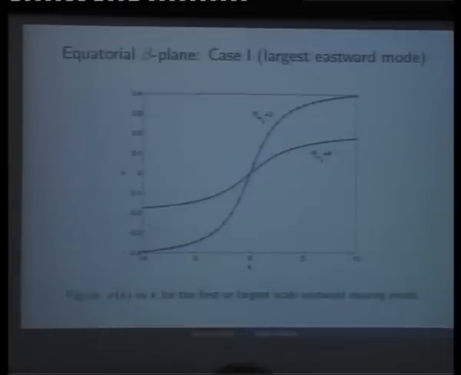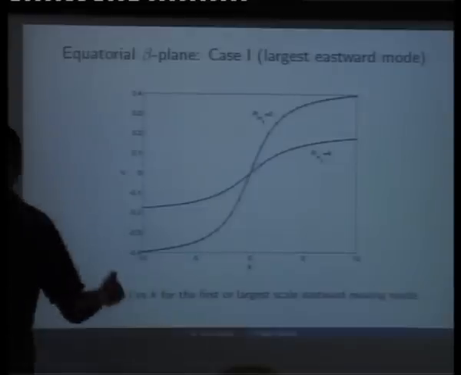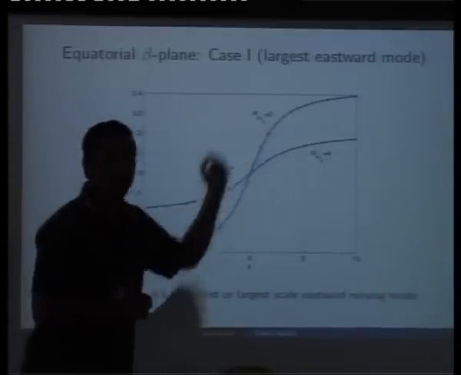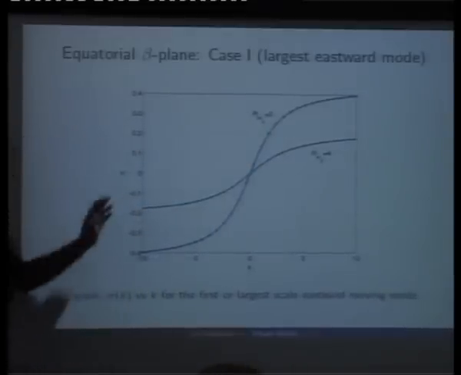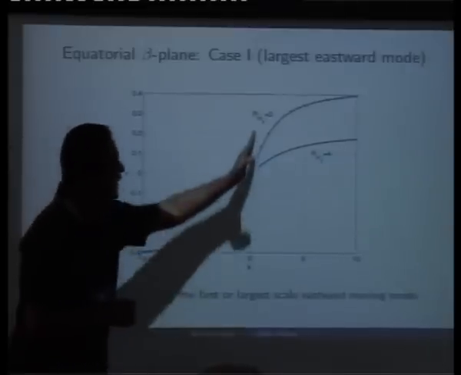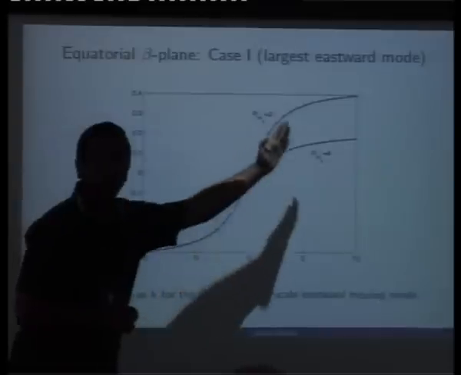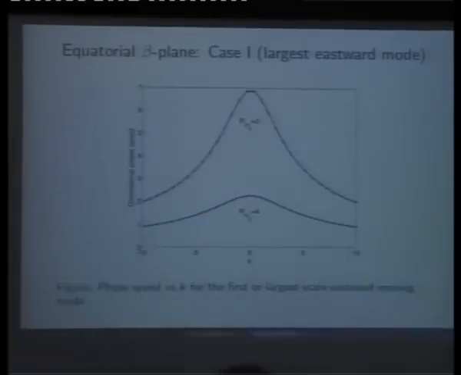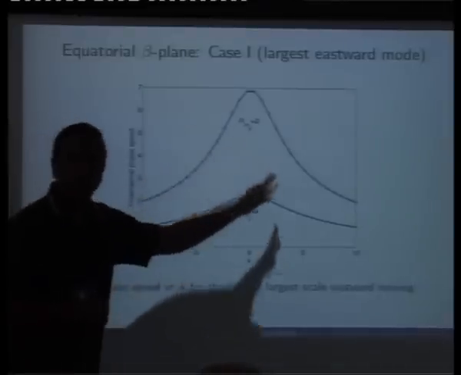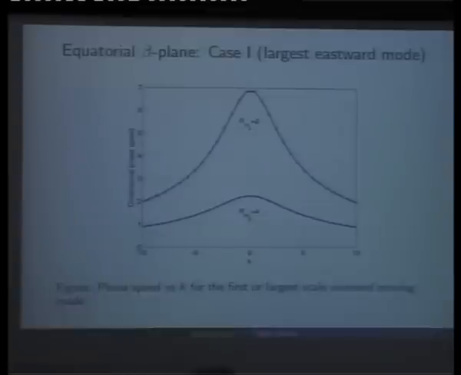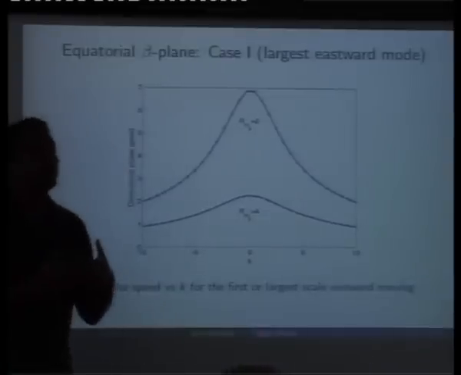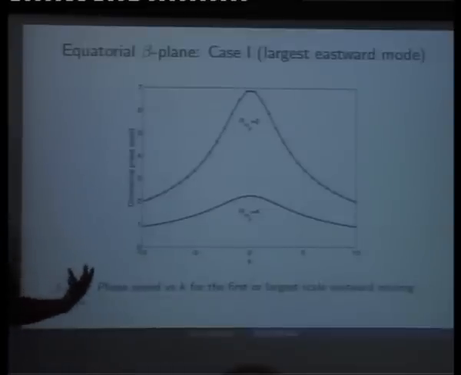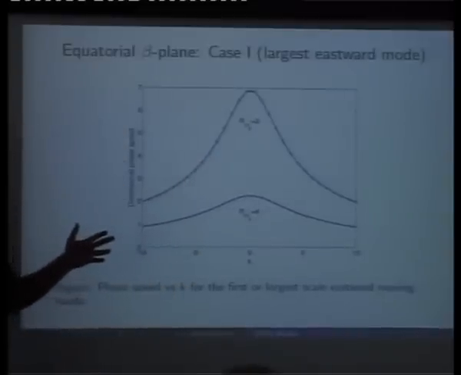So, this is the dispersion relation for the largest eastward propagating mode for reasonable values of your meridional gradient. What you find is that this dispersion relation changes rapidly for relatively small k, and levels off for slightly higher values of k. If one dimensionalizes this, you find that the dimensional phase speed of this eastward propagating mode is fairly slow. It's of the order of a few meters per second, especially if one chooses Rm beta equal to 2, which means that your precipitable water is falling off from about 40 to 20 millimeters. You get a phase speed that is of the order of 5 meters per second, or 2 to 7 meters per second, right?